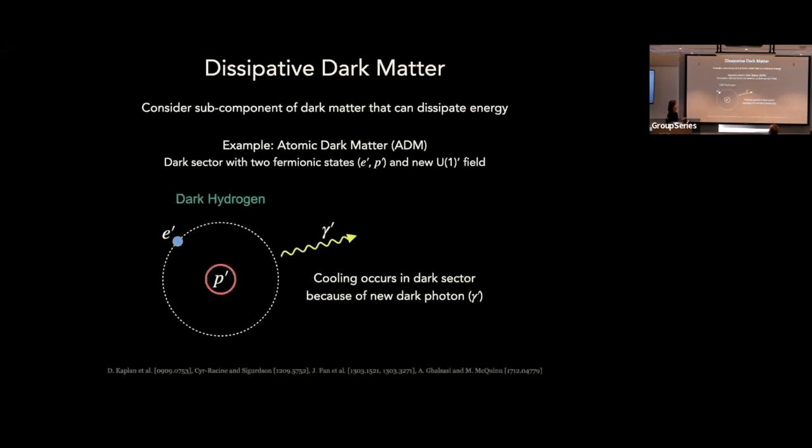So as a concrete example of this, and to start off building our intuition, we've been thinking about a scenario which is referred to as atomic dark matter, where we add essentially a copy of a proton, a copy of an electron, and a copy of a photon. That's all in the dark sector. So this is my dark proton, dark electron, dark photon, and it can form dark hydrogen. And that dark hydrogen can cool through emission of the photons. There's a variety of different cooling processes that can take place, and the manner in which it will cool will end up determining the kinds of structures that you can end up forming.